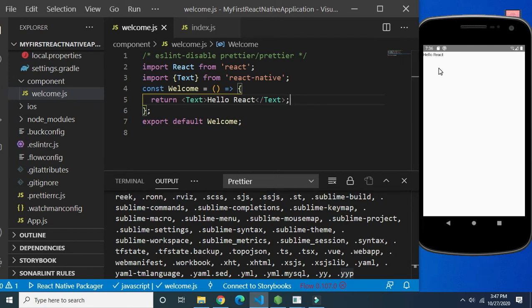In this session we have discussed how to create a function component. In some recent versions of React, they have recommended using function components. So in our subsequent videos, instead of class components, we will use function components. That's all for this session.